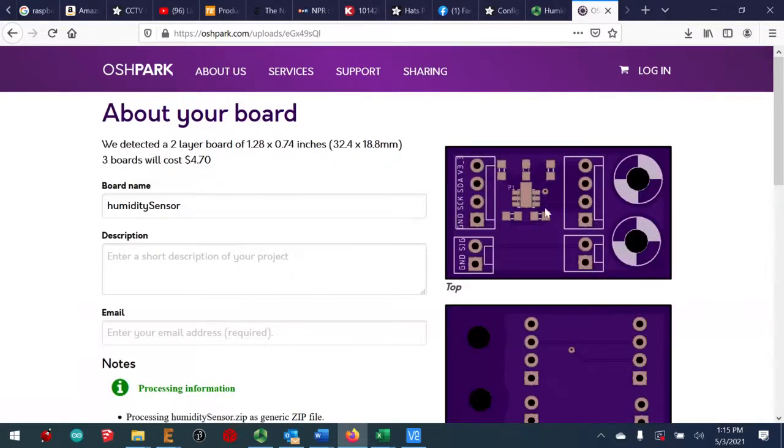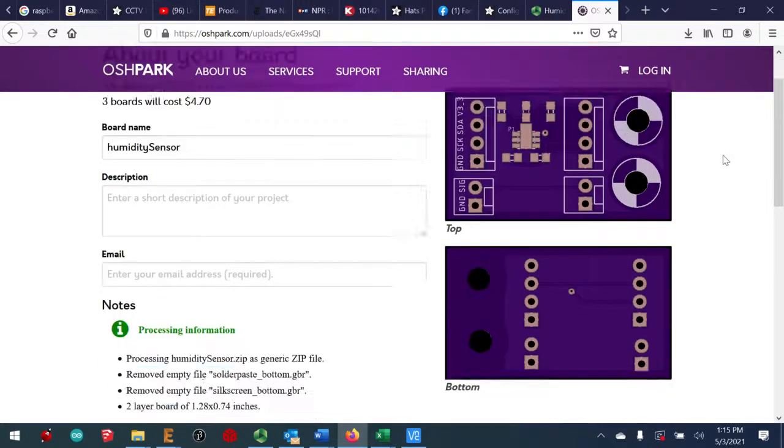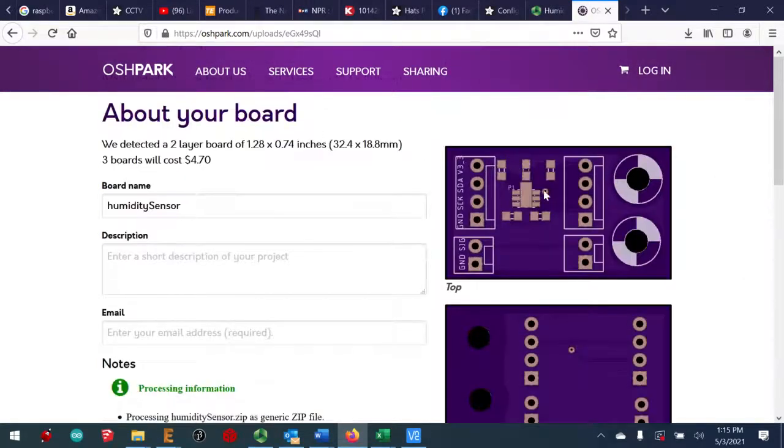Okay, so what you see here is what you're going to get once we order this thing, okay? Here is our footprint for our humidity sensor. It tells us where the pin number 1 is. I put that on there just because I wanted to be able to find it, right? Everything's looking good. 2-layer board, which is just a little under a square inch, costs about $4.70. It's going to cost me, oh gosh, well, we're not going to worry about what the cost is. Anyway, this is